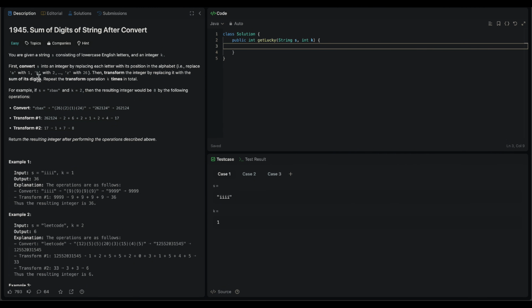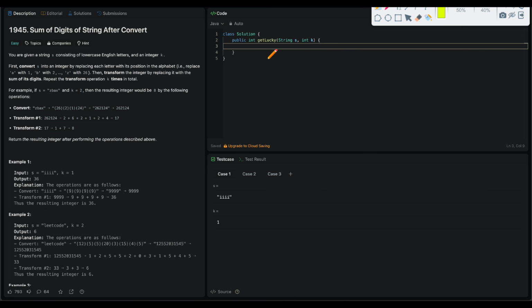Then first we convert S into an integer by replacing each character with its position in the alphabet. That is, replace A with 1, B with 2 and so on until Z with 26. Then transform the integer by replacing it with the sum of its digits. Then repeat the transform operation k times in total. For example, if S is equal to zbax and k is equal to 2, then the resulting integer will be